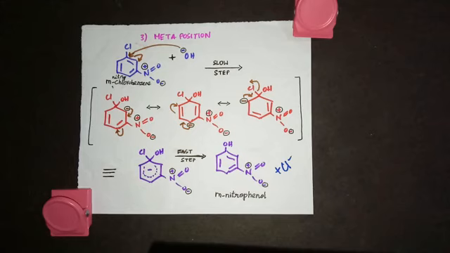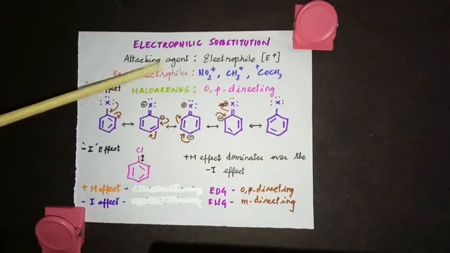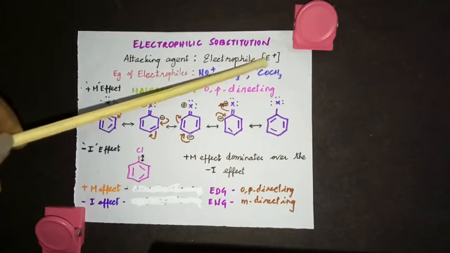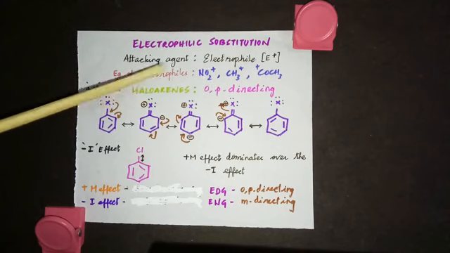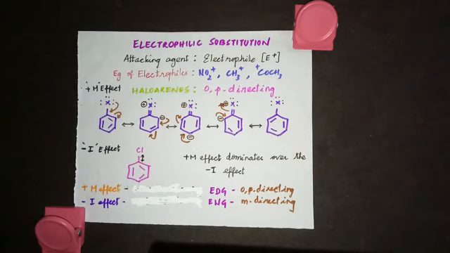So now we are going to see electrophilic substitution reactions in haloarenes. In electrophilic substitution reaction, what will be the attacking agent? An electrophile which carries a positive charge. So I've written a few examples of electrophiles: NO2 plus, CH3 plus or COCH3 plus. So all these are examples of electrophiles, and we know the benzene ring is electron rich, so obviously it will be very easy for the electrophile to attack a benzene ring. So compared to nucleophilic substitution reaction, electrophilic substitution reaction will happen at an easier rate in the case of haloarenes.